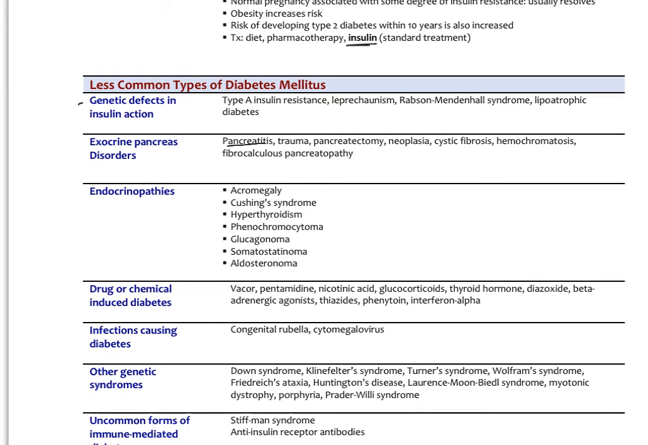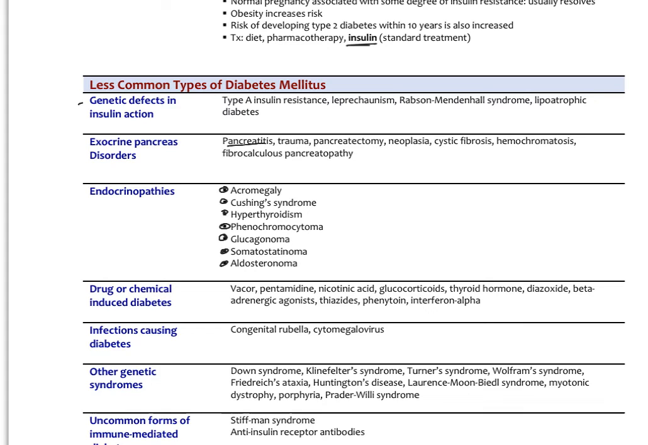Various endocrinopathies like acromegaly, which is excess growth hormone secretion, Cushing syndrome, excess cortisol, hyperthyroidism, pheochromocytoma, that's increased epinephrine from the adrenal medulla or from chromaffin cells, glucagonoma, that's from an alpha cell secreting tumor, secreting excess glucagon, somatostatinoma, and then aldosteronoma in the adrenal cortex secreting excess aldosterone. So we would usually see these endocrinopathies diagnosed, and then they have a component of insulin resistance and